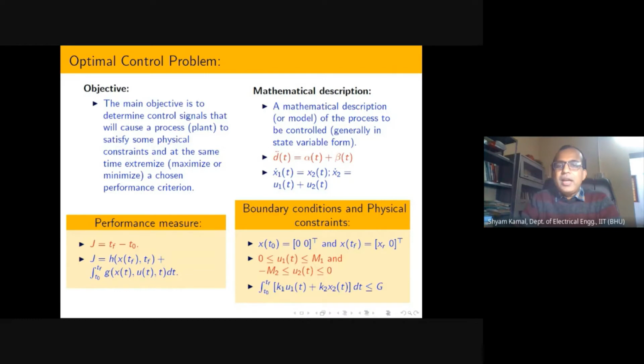What we have seen is that whenever I have a multi-input multi-output system, whatever we learned during the classical control course is very difficult to apply, and the same holds if I have a nonlinear system. Sometimes it is impossible to apply, and for that reason we have to explore modern control engineering or modern control theory.